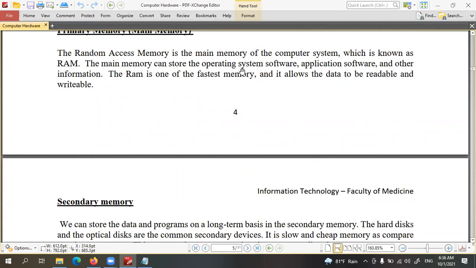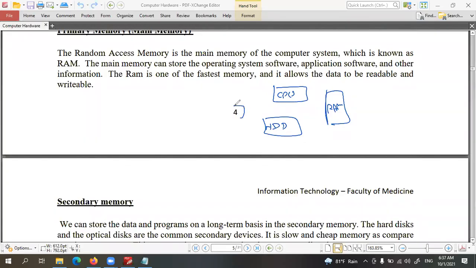The CPU only communicates with RAM for data processing. So in the computer, we have the CPU, and we have RAM, and a hard disk also, right? This hard disk is called secondary memory because it is used to store data.